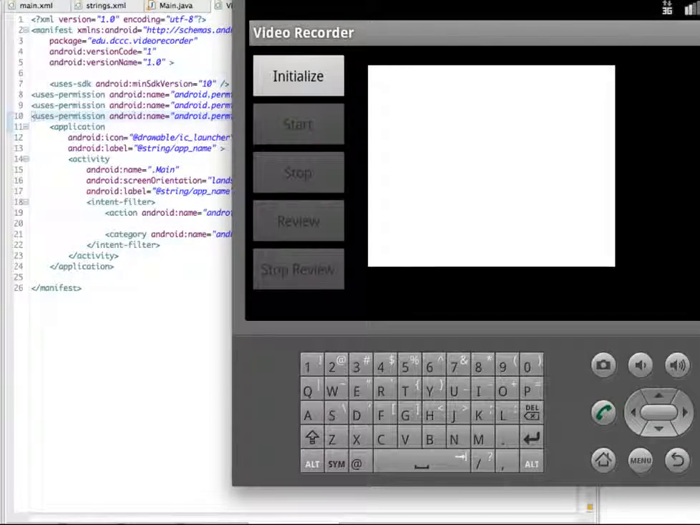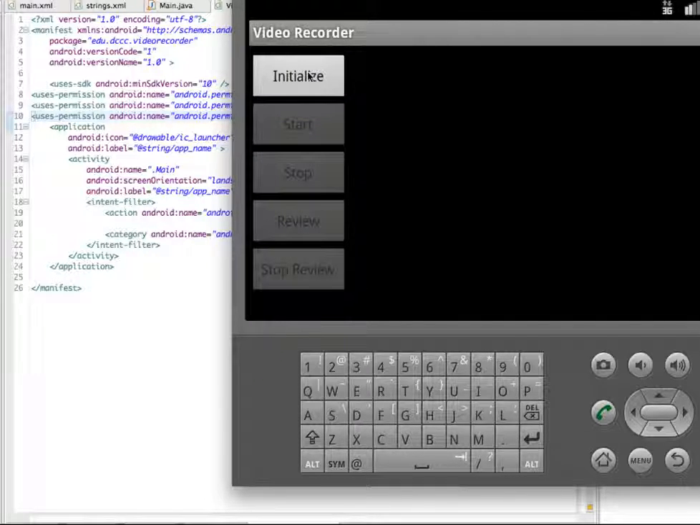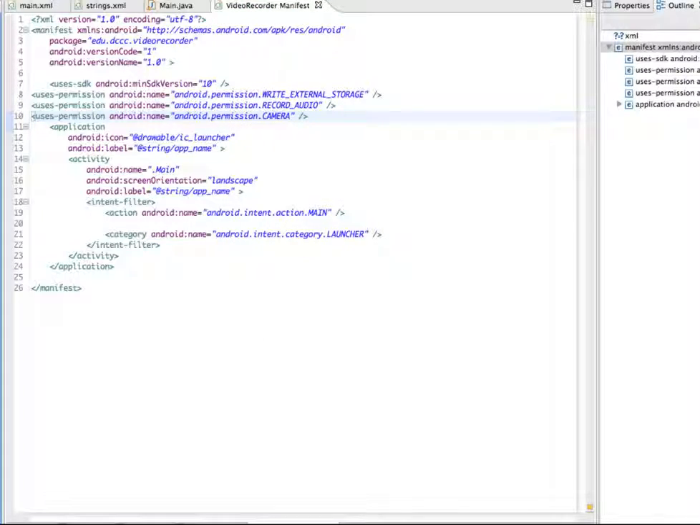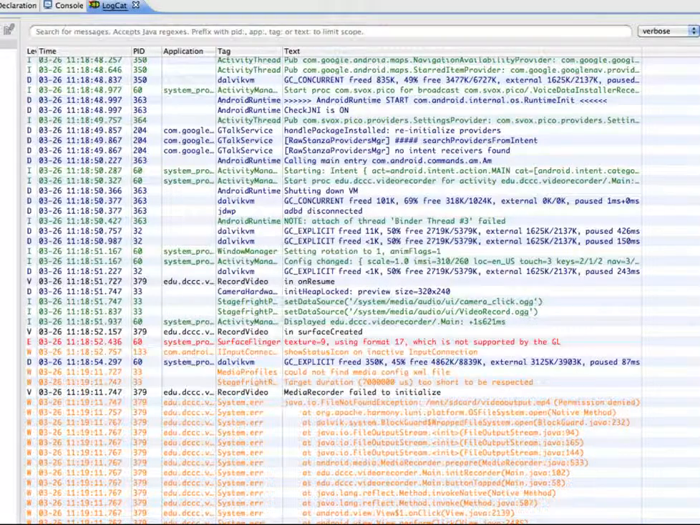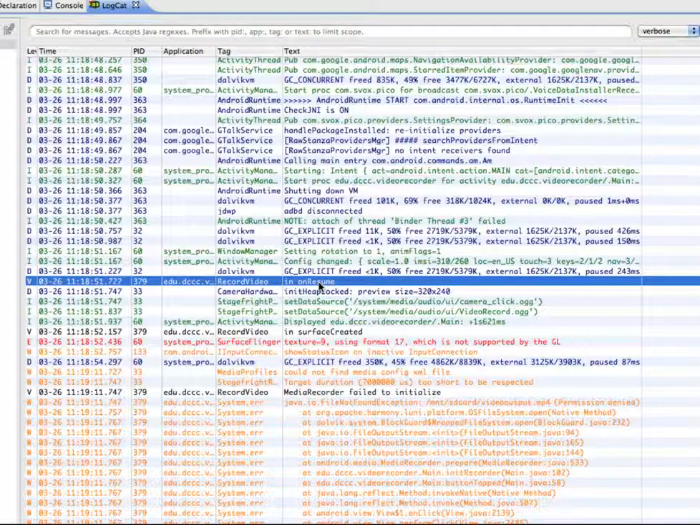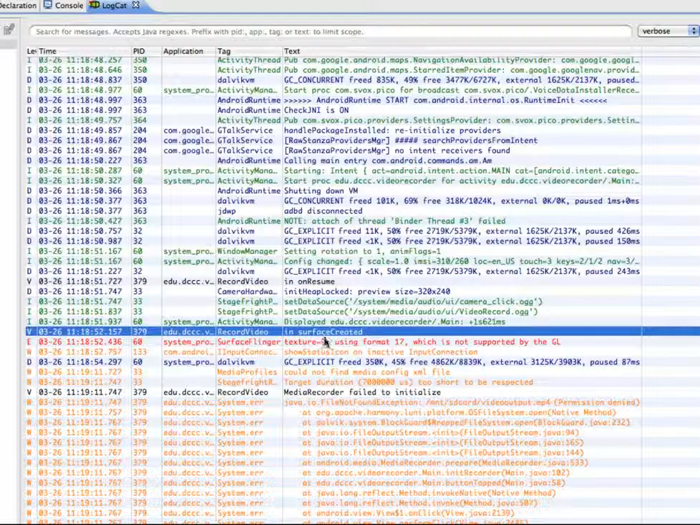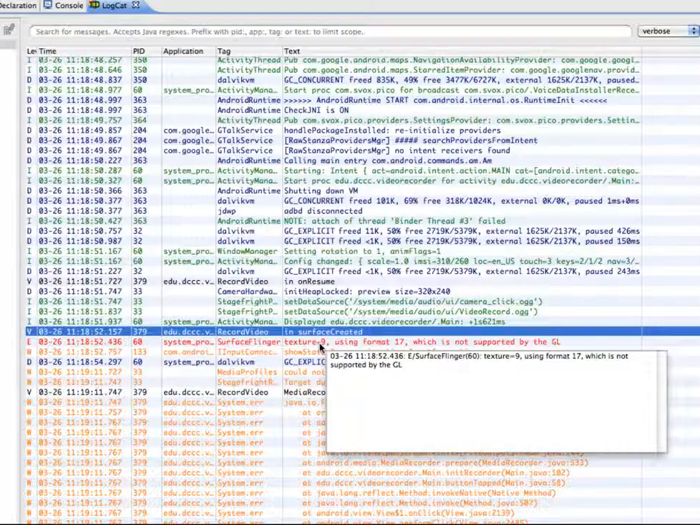Okay, so in my emulator, you can see that these have all been disabled, so we can't click on anything until this is initialized. And it isn't doing anything after initialized. So I'm going to go back into my Logcat and look at the messages to see if I can figure out what's going on here. We can see that it's got into on resume, so our little messages there helped. And we got into in surface created, and then we have an error here. So using format